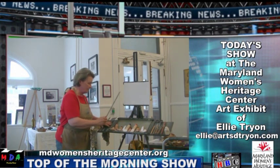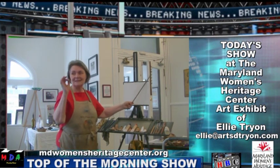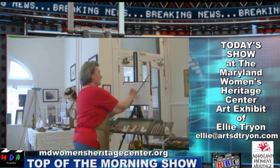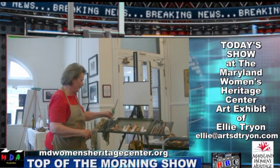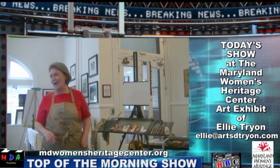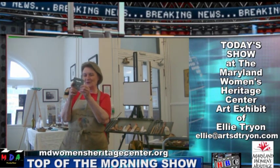This here is a stick. I probably should have a little ball at the end of it, but it's called a ball stick. And what it does is when I'm painting detail, that's the very final thing that I do, it steadies my hand for those little tiny details that you don't want kind of floating away. But artists love tools too. We're tool happy. So one of the tools I have in here is a view catcher, it's called,